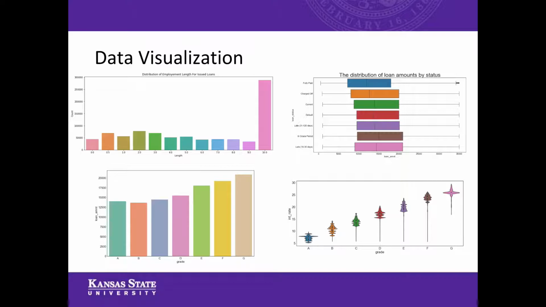And then the third and last graph, as you see there, grade G borrows the most loan amount. And then the lower the grade, of course they pay a higher interest rate because they do not have a higher grade, they do not have high credit. But they pay almost 26% on their loans. It makes them really difficult to pay back. So we assume that it makes their grade even lower.